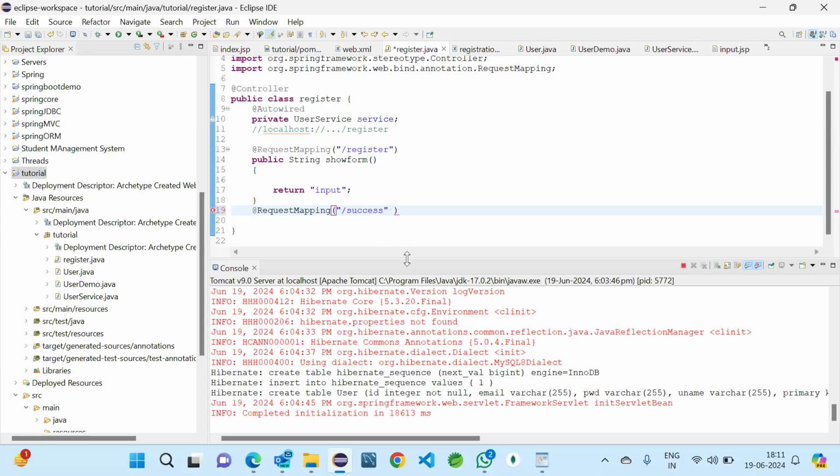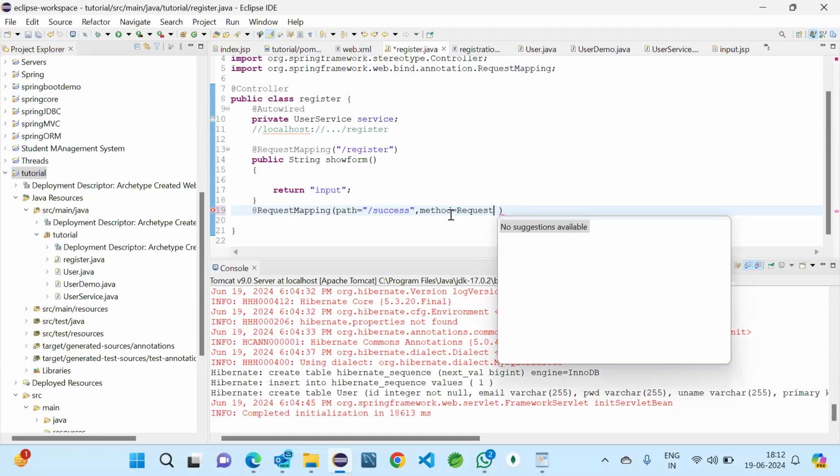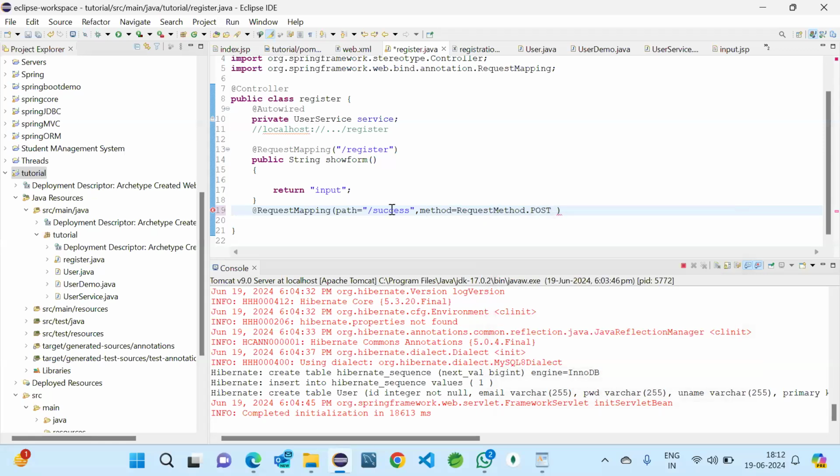So we are using two attributes. Here we are using only one attribute, that is path, so we haven't defined any differentiation, but here we are doing two. That's why we declare that path is this one, and then method is this one. So naming should be there. Coming to method, we should not give the method directly in Spring. We have the keyword request method dot post. So just use it, request method dot post. Similarly for get, request method dot get.